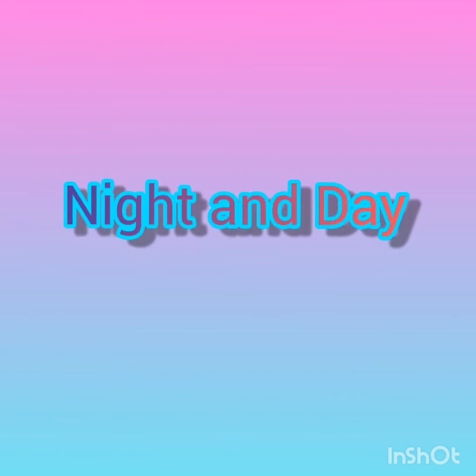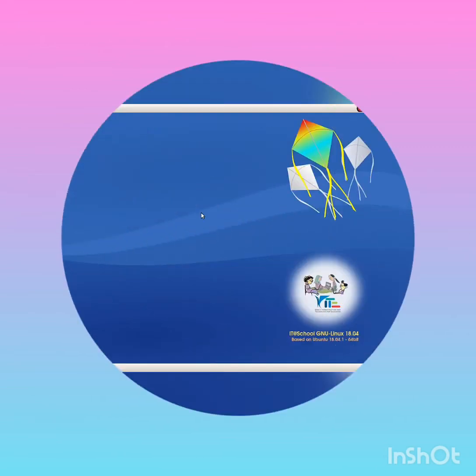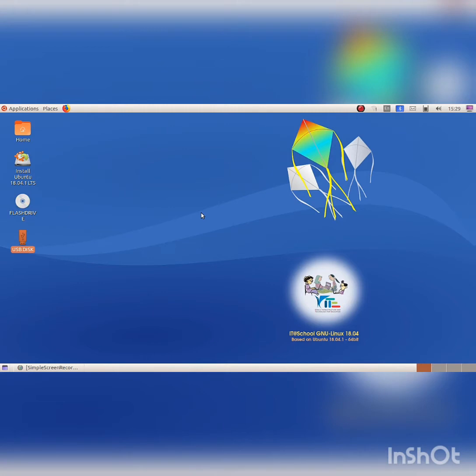Next is night and day. The reason for day and night is the west to east rotation of the earth. Does the sun always rise at the same time everywhere? And what about the sunset? Shall we find out the difference in the time of sunrise and sunset in Chennai during different months using the application?